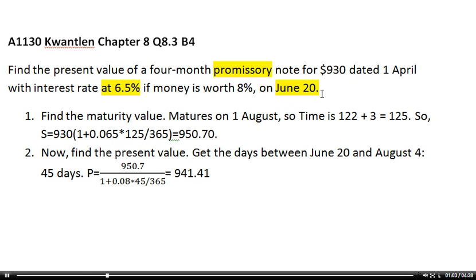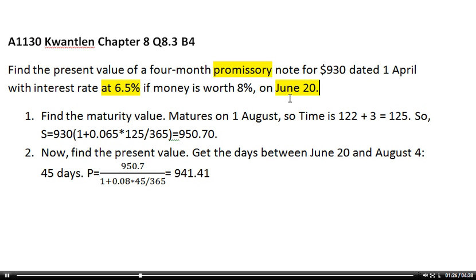So what we have to do is to find its future value, in other words, what the value of the note would be if it reached its full term, its maturity term of 4 months plus 3 days of grace period. Once we have found that, then we need to find the present value of the note